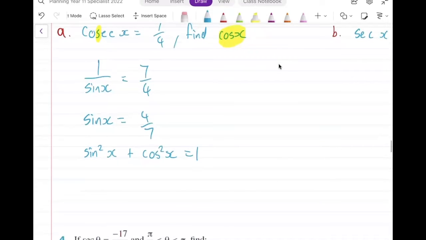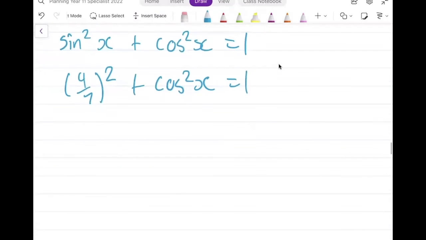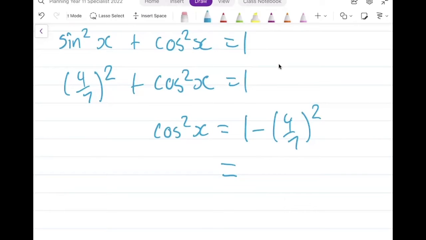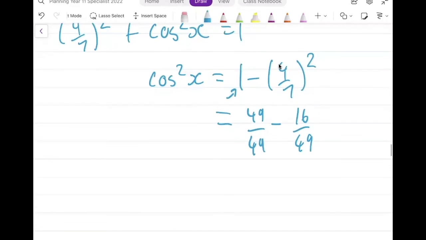If sine is 4/7, then that gives (4/7) squared plus cos squared x is equal to 1. At this point, I'm just going to do a bit of an algebra rearrange to solve for cos squared x. So I'm going to subtract (4/7) squared off each side. That gives cos squared x equals 1 minus (4/7) squared. If I now simplify, I get 1 minus 16/49. I want to make the denominators the same,